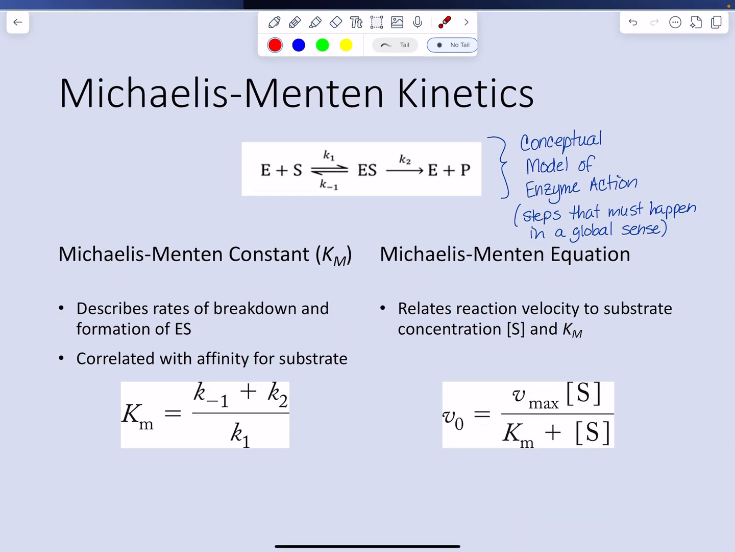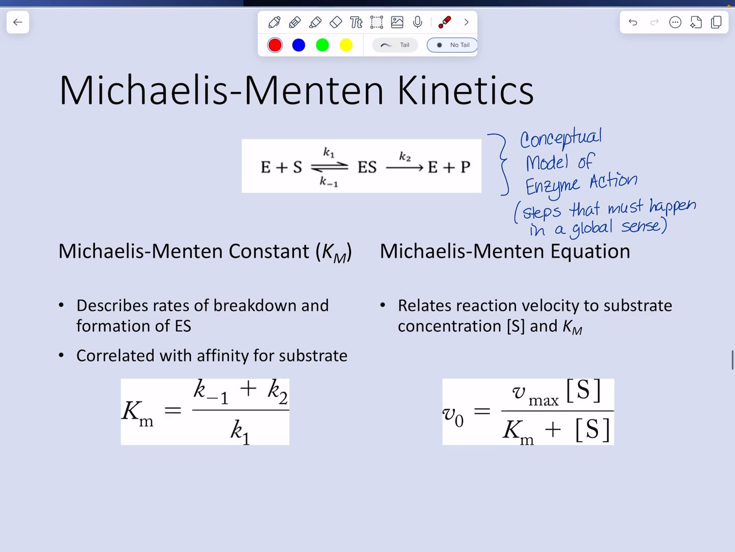All right. So we have a conceptual model. We set up our experiments so certain conditions apply, and then we derive, based off of things like equilibrium constant expressions and rate expressions, what's known as the Michaelis-Menten equation. So the Michaelis-Menten equation